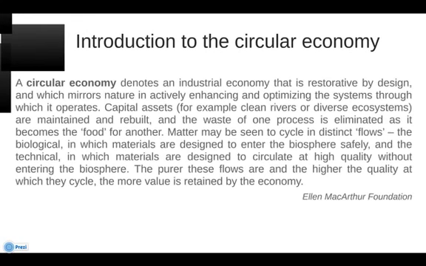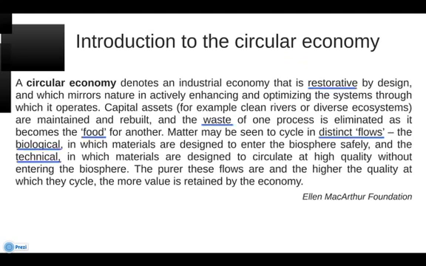Today I want to look at the definition of the circular economy, and this comes from the Ellen MacArthur Foundation's report on Wales, and I like it. It's extensive and it covers many of the aspects that the circular economy relies on. I'm going to pull out a few key points about the definition, which help, I think, build a robust model, and certainly give us some pointers to where we should be looking for innovation.